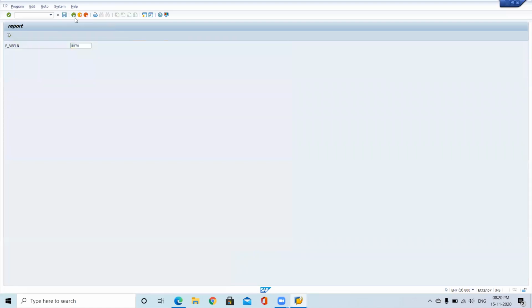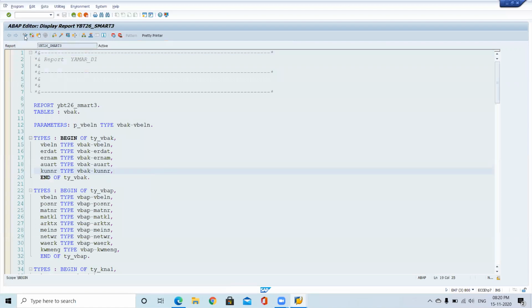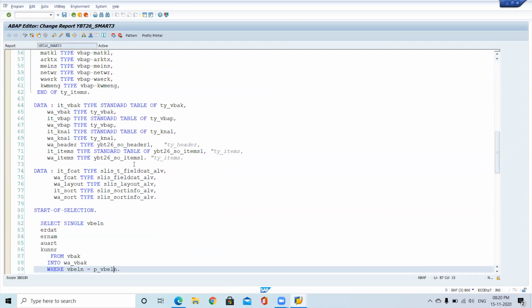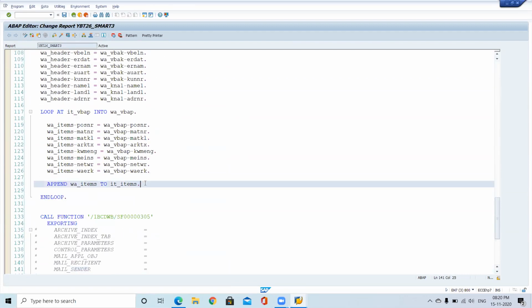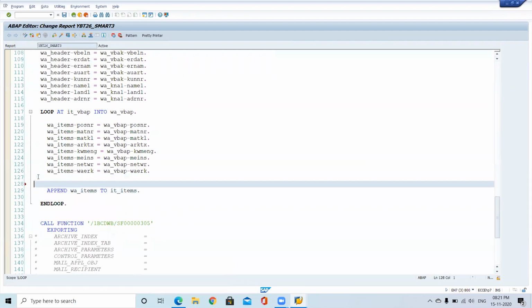Okay, so here, for testing purposes, for one sales order we have only 3 items. At the time of appending for each item, I'm appending the same information multiple times to increase the number of items.